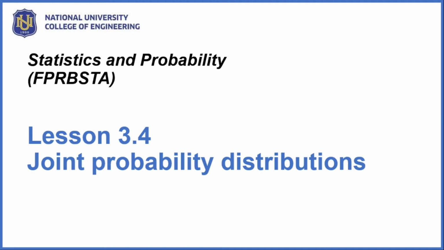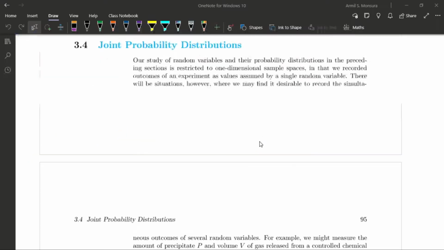instances or scenario wherein we will look for multiple variables. So we will see multiple outcomes occurring simultaneously in a certain scenario or certain experiment that we are conducting. So that brings us to the lesson of joint probability distributions. Okay, so